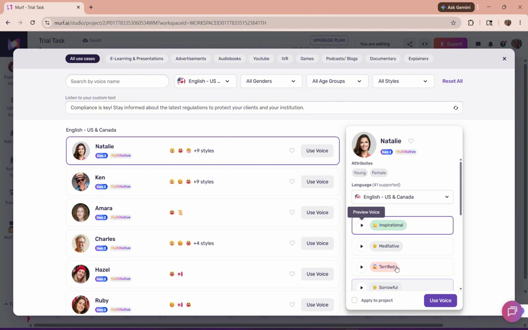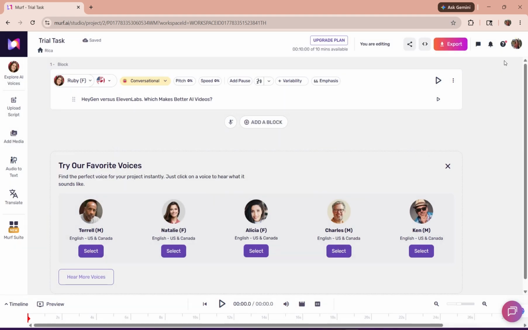Generating and customizing your voiceover. With your script entered and your voice selected, click Generate Audio. Murf processes your text through the selected voice model and produces an audio preview. The generation takes a few